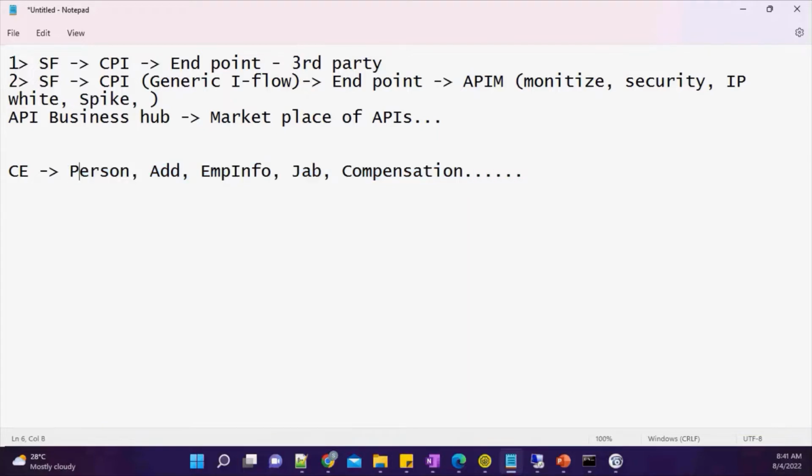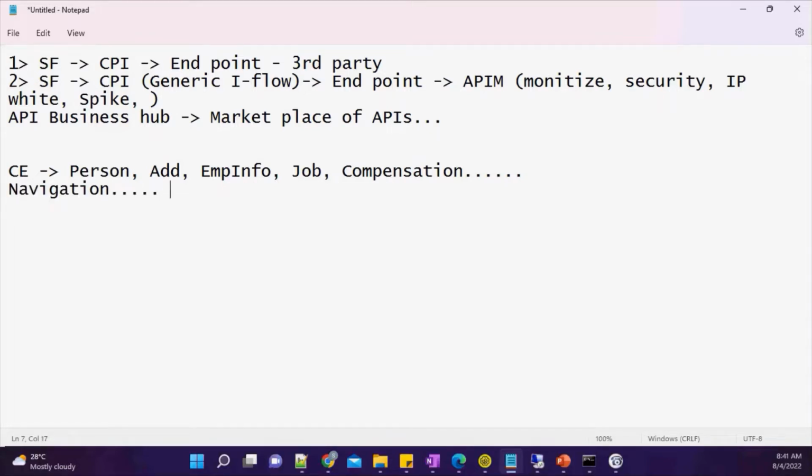Okay, so person is one portlet, address, phone information, employment information, job information, like the different portlets, and these portlets are interlinked as well. Basically there is a parent-child relationship maintained, and we call it navigation.